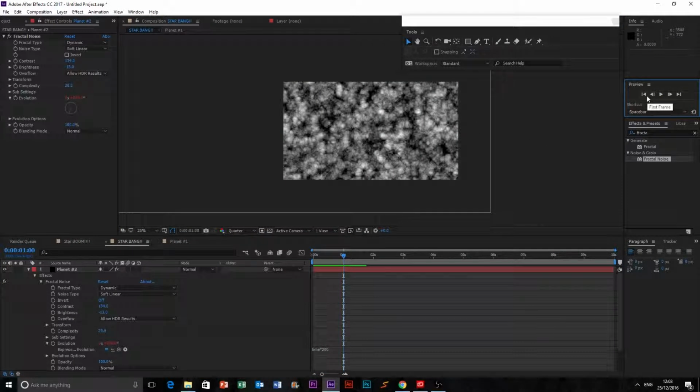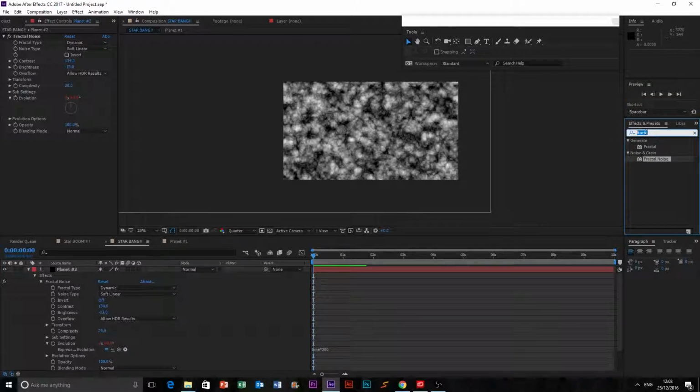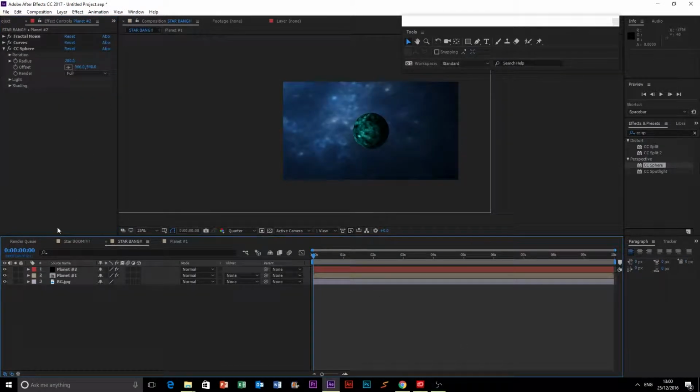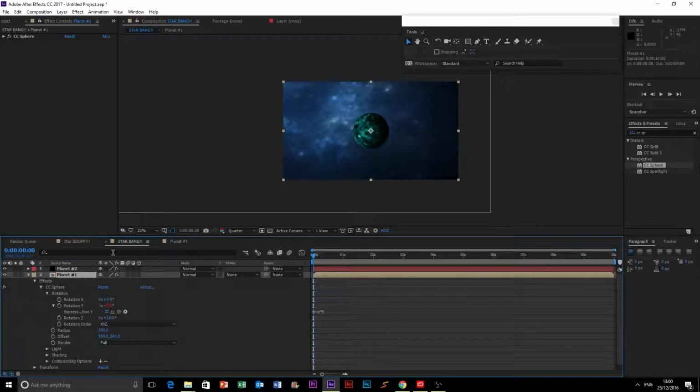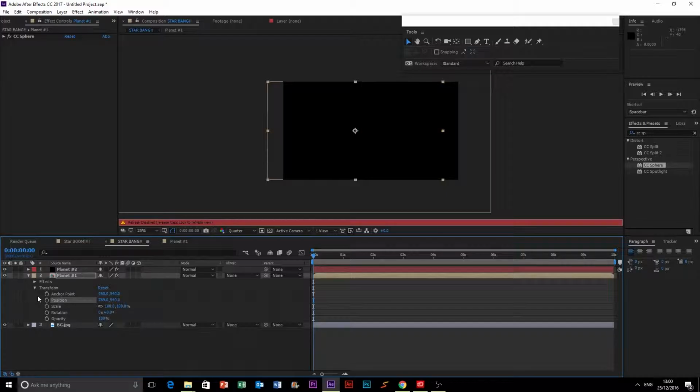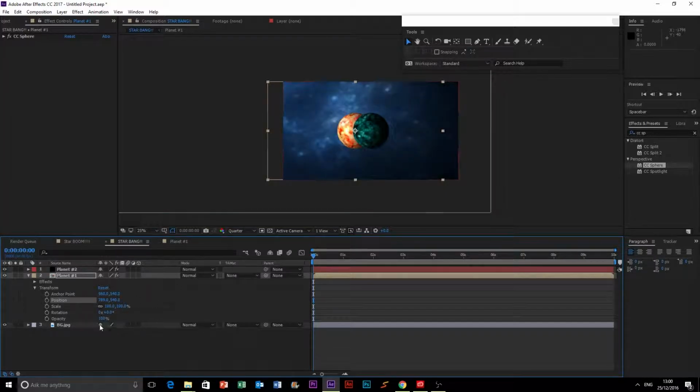So we've got this now. Then we'll add a curves, and I'm thinking a blue color. Okay, so now that we've got our 2 planets, we're gonna grab the first one, and we're gonna close effects, go into transform,